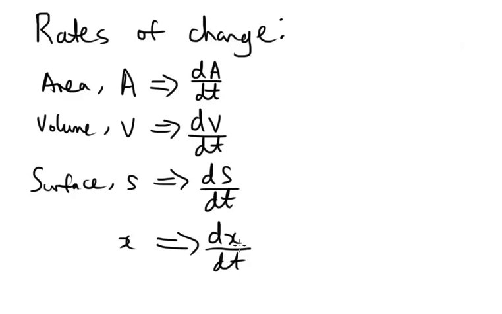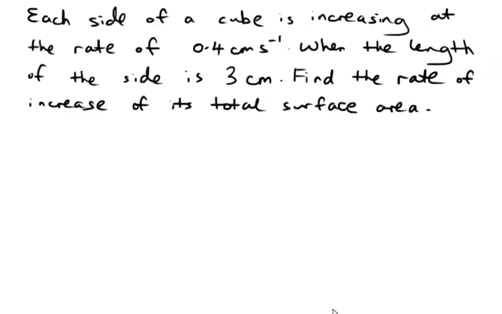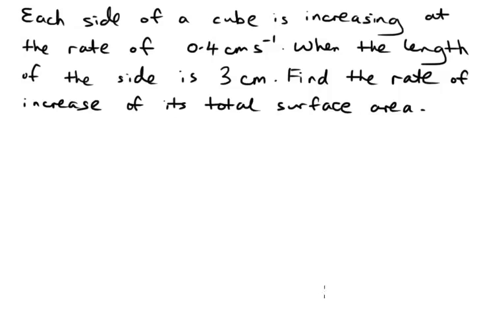Now, how are we going to apply this knowledge or this concept to solve our question? Now, we have an example here. Each side of a cube is increasing at the rate of 0.4 cm per second. When the length of the side is 3 cm, find the rate of increase of its total surface area. Well, what does this mean? It seems so complicated. No, not really. So we slowly analyze it and find out how we could find the rate of increase of